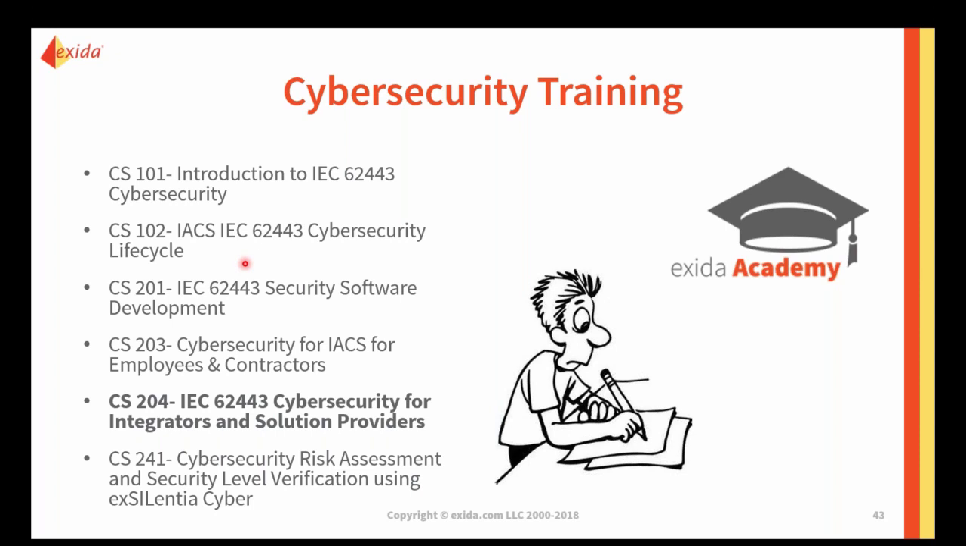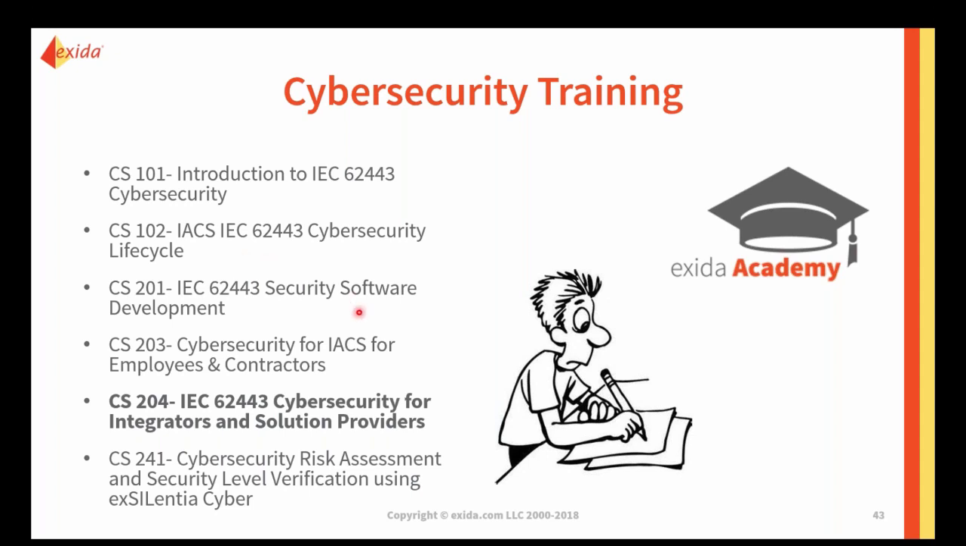CS 102 looks at the IEC 62443 cybersecurity lifecycle and really focuses on how asset owners would meet the requirements for 2-1 for the overall security management system, how they would go through and perform cybersecurity risk assessments and the other lifecycle tasks, and also looks at how the cybersecurity lifecycle relates to the functional safety lifecycle, because that overlap is very key, and understanding how those requirements affect both the safety system and the BPCS